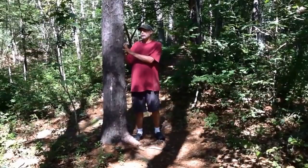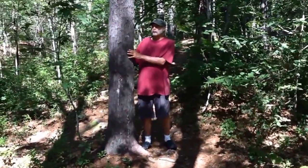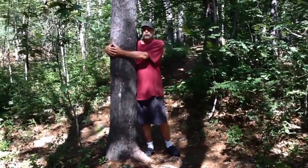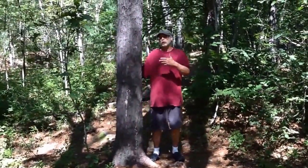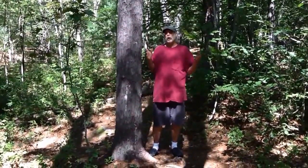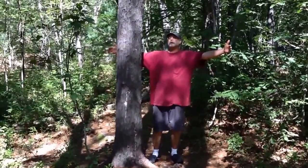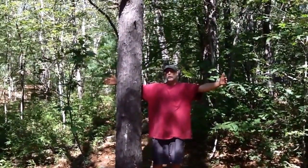So I'm standing next to an eastern white pine tree, and this is a smallish one. I can get my arms around this tree very easily. Some of the white pines that we find in our upland woodlands are huge. I mean, we literally cannot put our arms around them; two or three people might be able to get their arms